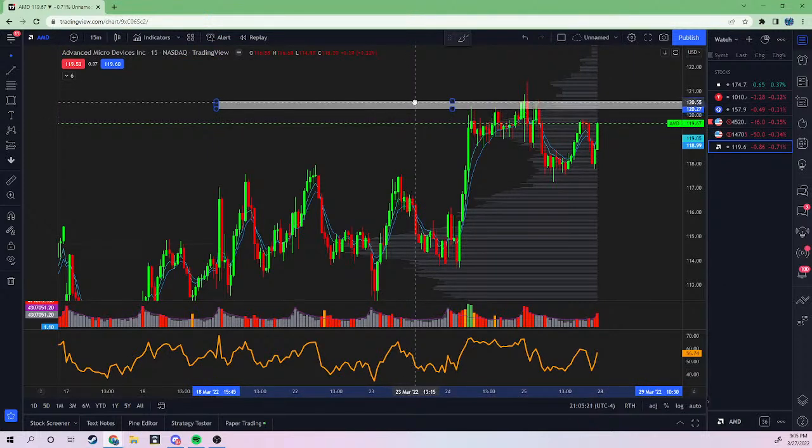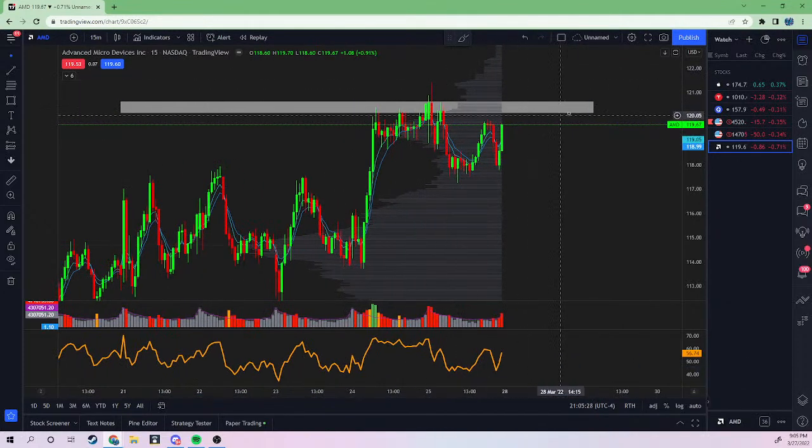There's some crazy rejection on this stock AMD, man. Crazy, crazy supply in here. It just isn't able to close a candle above. If AMD closes a candle over 120.65,